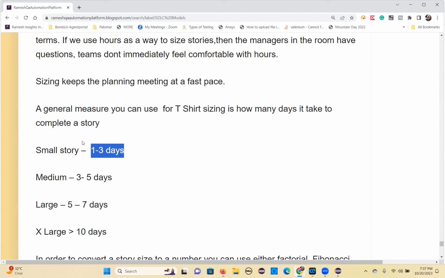So that's all about the overall agile process. Please go through this and take time. And this is very important, you should have